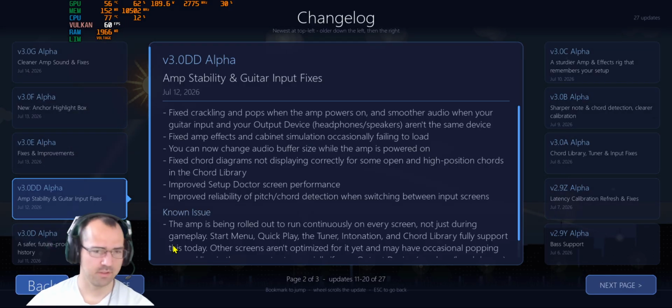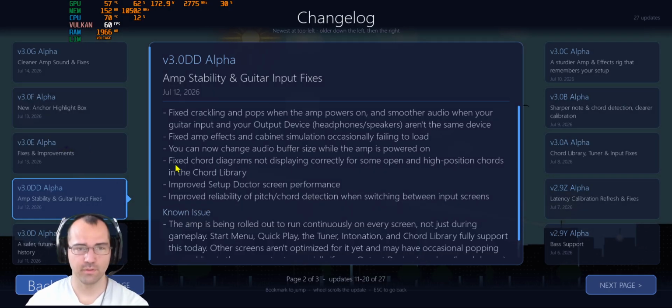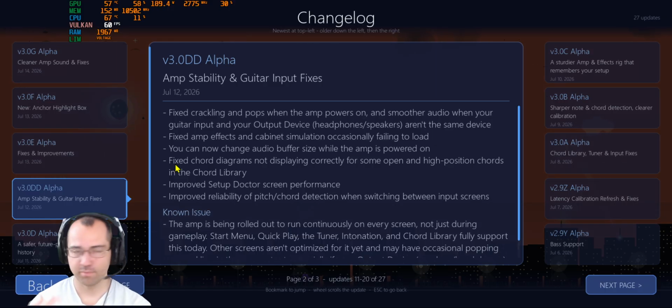So you can see where I left off. There's also been issues of the amplifier built into the program, and I have to give some context for that. As a user of the software, I've been using an interface to connect to the software, and I've been using my own amp outside of this program. And one of the things that people brought up is people have been using devices that are 4800